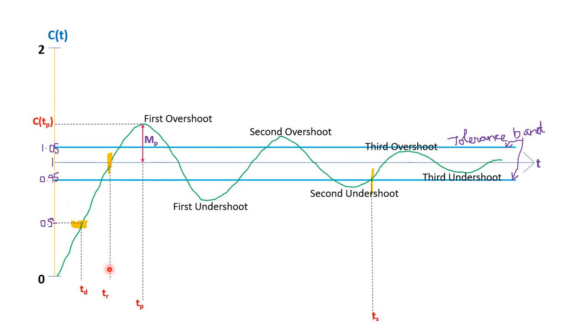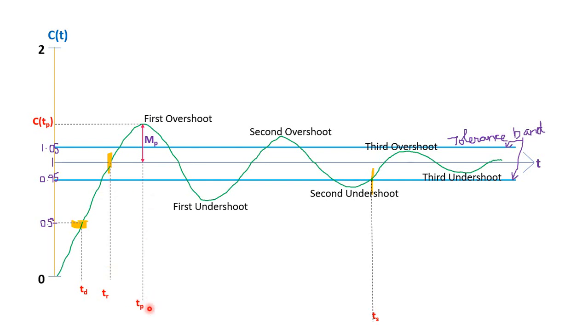Similarly, for critically damped, it is 5 to 95% of the final value in the first attempt. Why have they been defined in a different way? Because the final value is reached only once in critically damped and overdamped systems, since there is no oscillation. That is why the definition slightly differs.